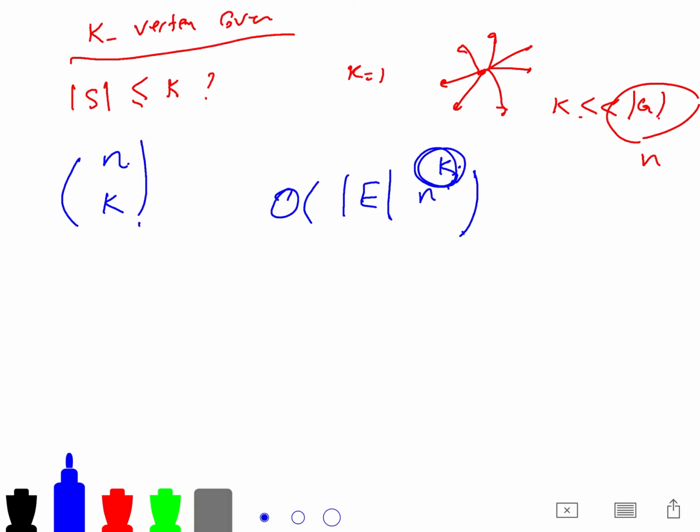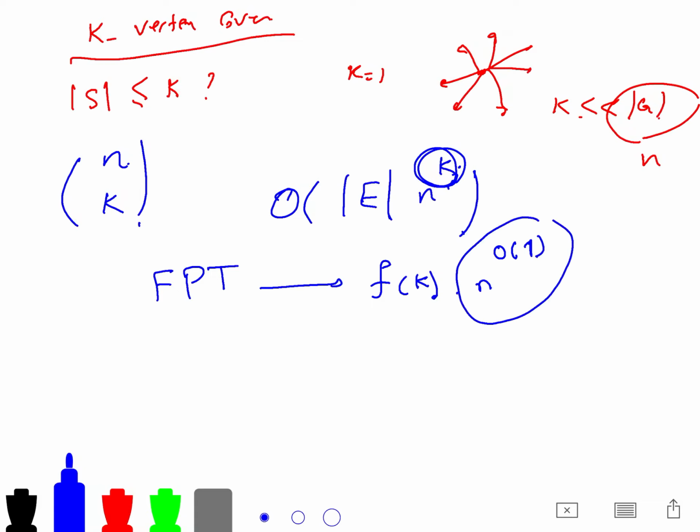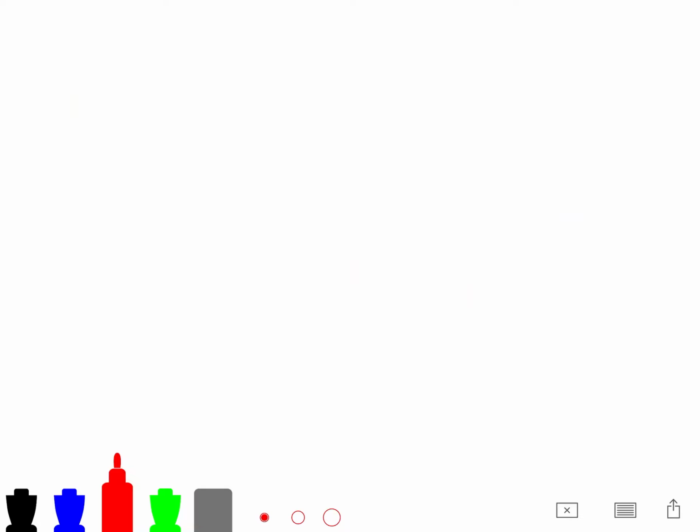So this is K. And the parameterized problem is fixed parameter tractable, in other words, FPT, if it can be solved in f of K times n to the order of 1. So this is polynomial in n, and this is exponential. Something should be exponential, and f of K is exponential. But K is not infinite, K is something. Exponential in K. And here the exponent does depend on K. So that was a very brute force algorithm. Now I would like to show you another algorithm which is called